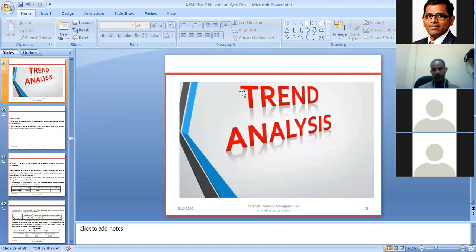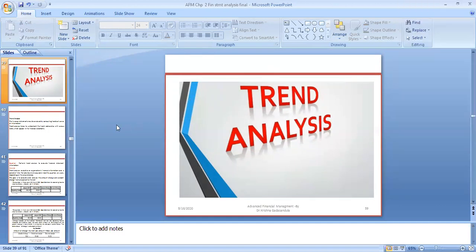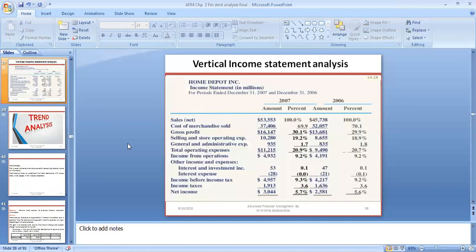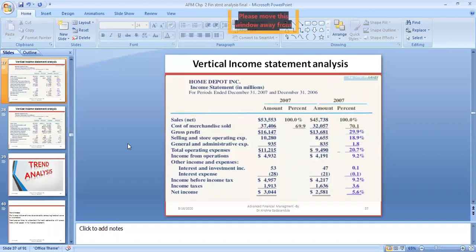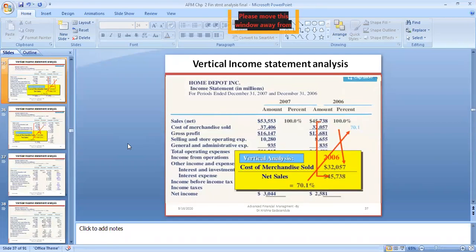Right. Yes, sir. I have a question. Yes. On the slide, the total asset is not correct. Calculate total asset on the balance sheet. Is there any change? Yeah, the number